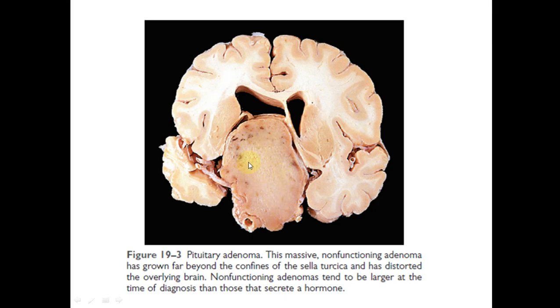For example, they may compress the optic chiasm and will lead to visual disorders. They may compress the cranial nerves and will lead to paralysis. For example, if they compress the facial nerve, they will cause Bell palsy. Sometimes they compress the brain stem and can cause hydrocephalus, and the best option for these non-functional macroadenomas is surgical removal through